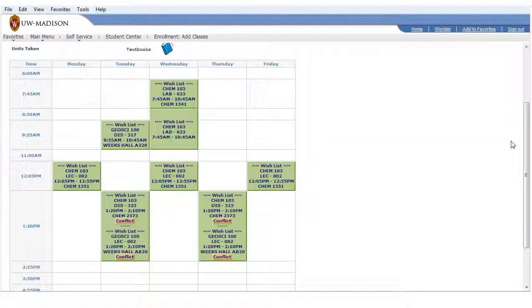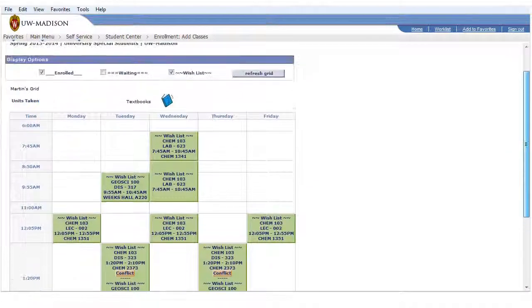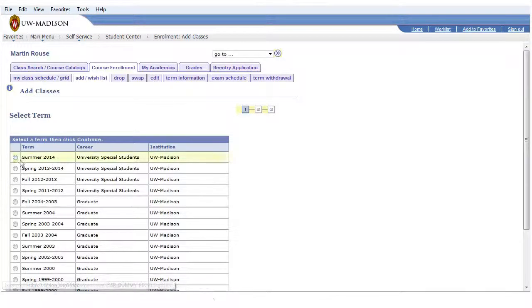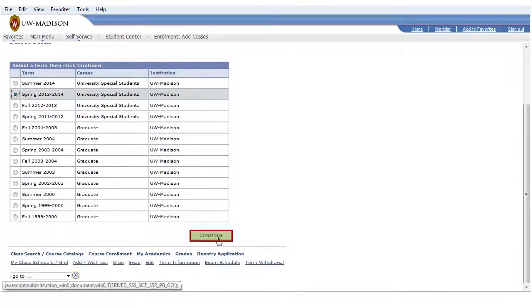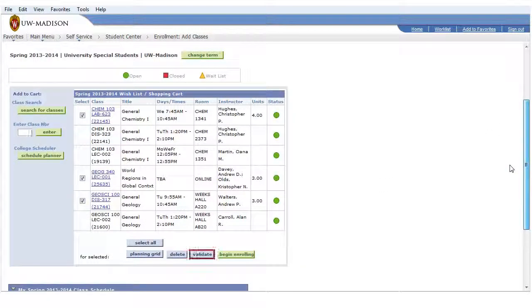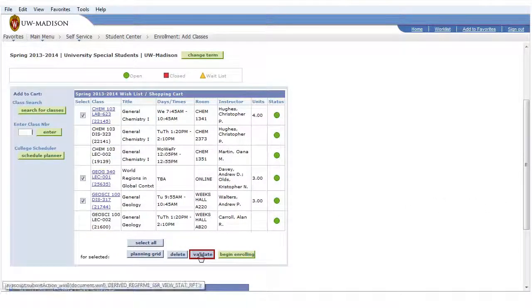Now let's go back to our wish list. It's sometimes a little tricky to get back there. I need to click up here and then click back in the term or semester I'm interested in. The next thing I'm going to do is use the validate selected function. What everyone should do before their earliest enrollment time is select the classes from the wish list and hit this button. If you're already past your earliest enrollment time, you can skip this step and click right on the Begin Enrolling button. But if I click Validate here,